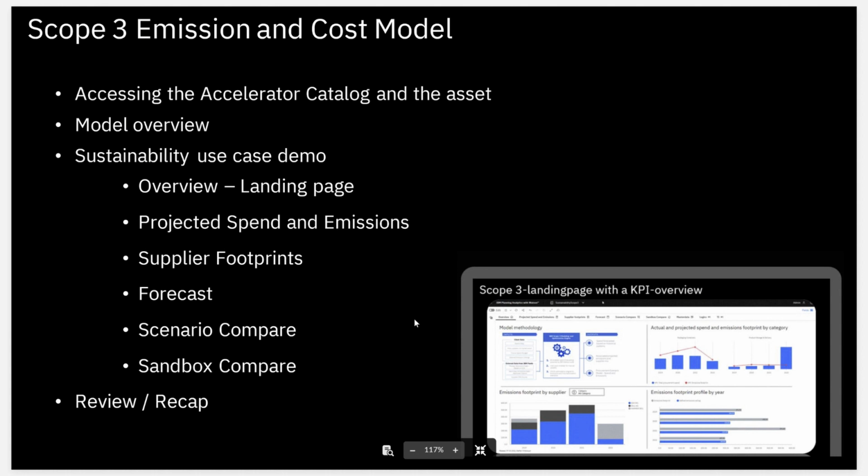First of all, we'll start with where you can download the Accelerator Catalog for this asset from. It's a very easy process. We'll have a quick look and overview of the model in terms of its definition, and then we'll jump straight into the demonstration, looking at a number of items based around a real-world industry scenario in which the customer had